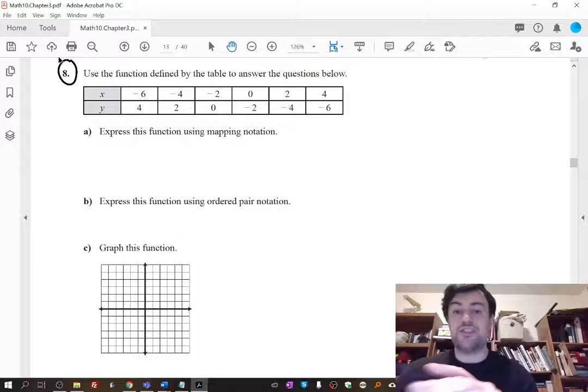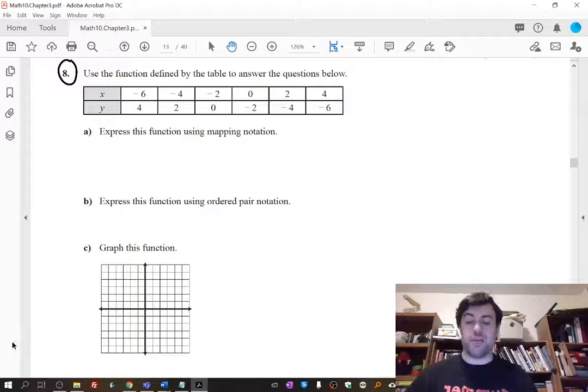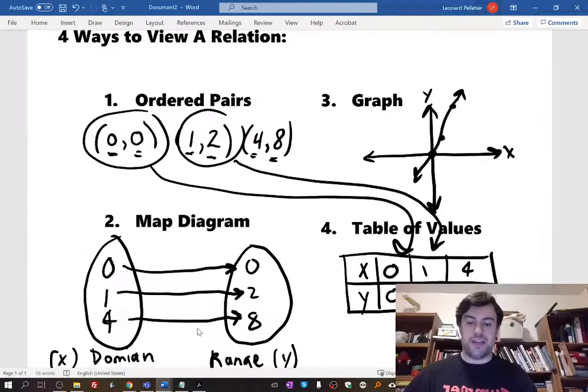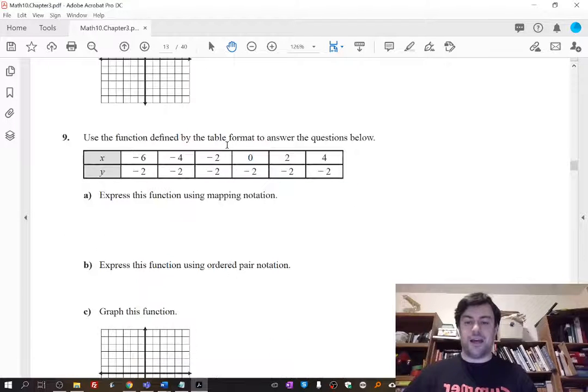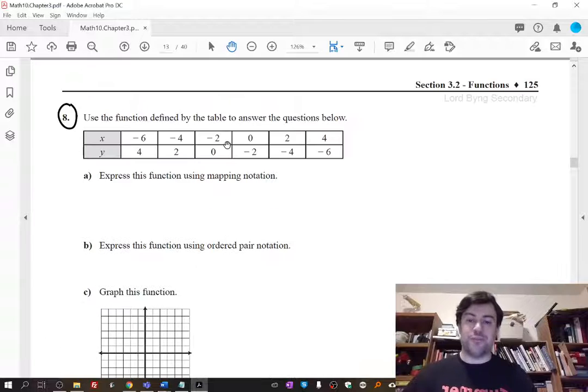Question 8 is going to use table of values. So it's sort of our fourth thing. Remember I promised you'd be looking at these 4 different things: ordered pairs, graphs, map diagrams, and finally we have table of values. Remember that table of values aren't really all that different than ordered pairs in the first place, so it's not really a big jump. So for question 8 and 9 and 10 and 11 and 12, a bunch of questions,